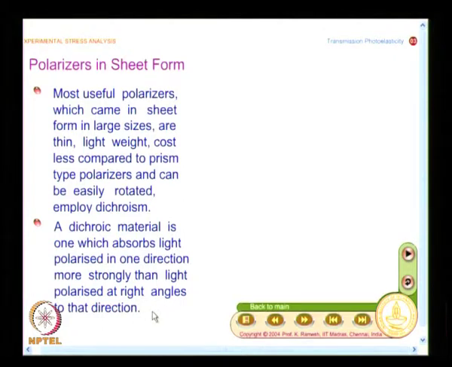That is why I am taking this up now. We have to look at crystal optics. In crystal optics, we found for one incident ray you have two refracted beams, and these two refracted beams travel with different velocities in a crystal at appropriate orientation. But in a dichroic material, one of these rays is absorbed. So, that helps you, and we have seen that these are light with different planes of polarization, they are mutually perpendicular, they are plane polarized, and that is what is depicted in the figure.